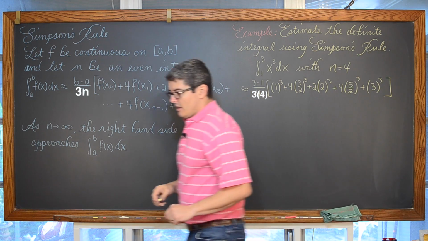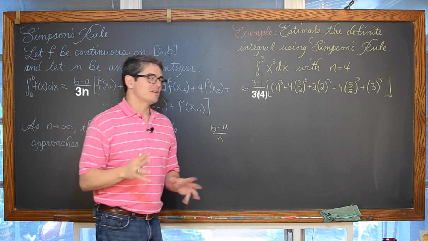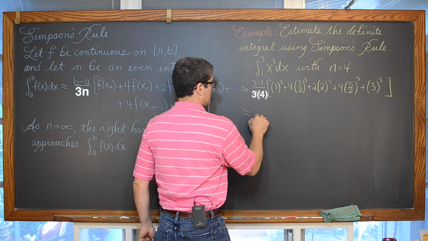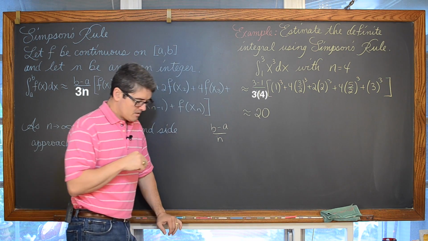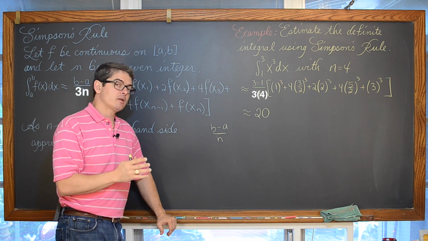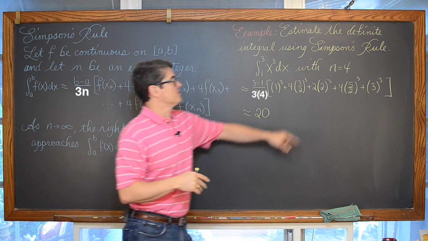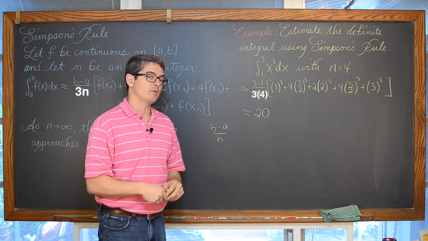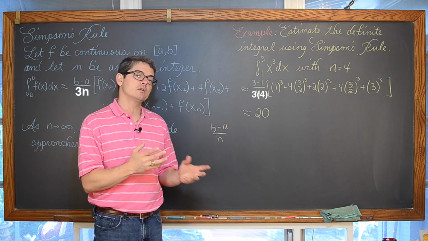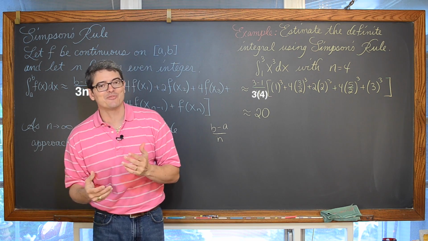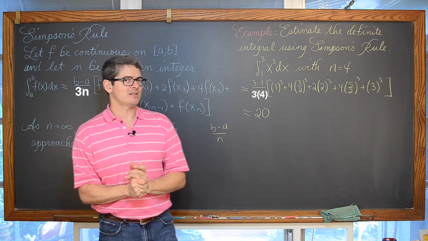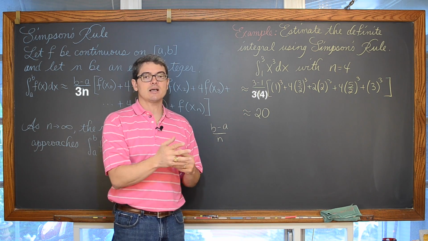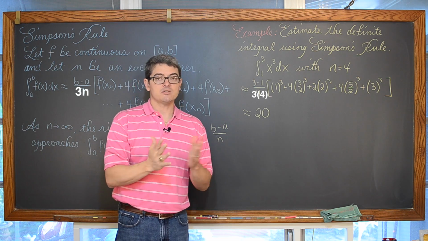Now, I already did my notes, but I know that after you do this arithmetic, this is going to come out to be approximately equal to 20. In this particular case, using 4 subintervals with Simpson's rule, remember we started this lesson by doing this problem with the first fundamental theorem of calculus, and we knew that the actual answer was 20. In this case, the estimate that we got from Simpson's rule, not Simpson's paradox, I'm not teaching statistics, came out to be the same. So our estimation is exactly equal to the answer of 20.